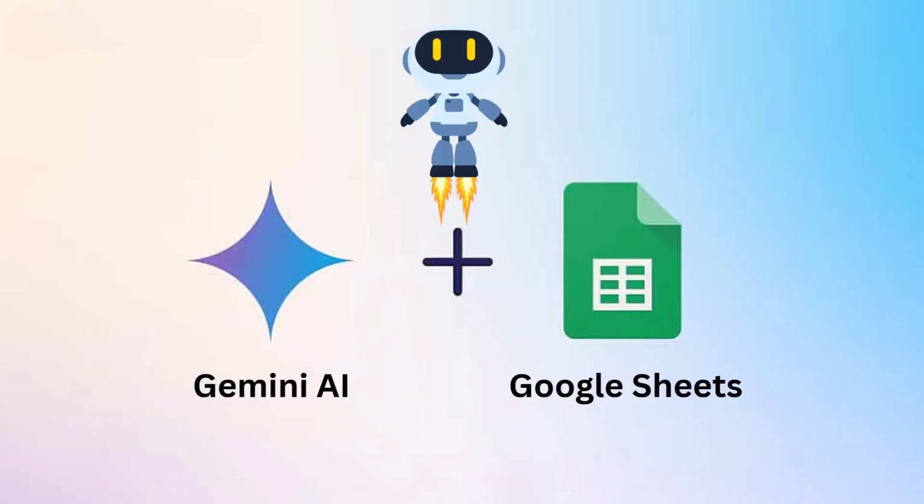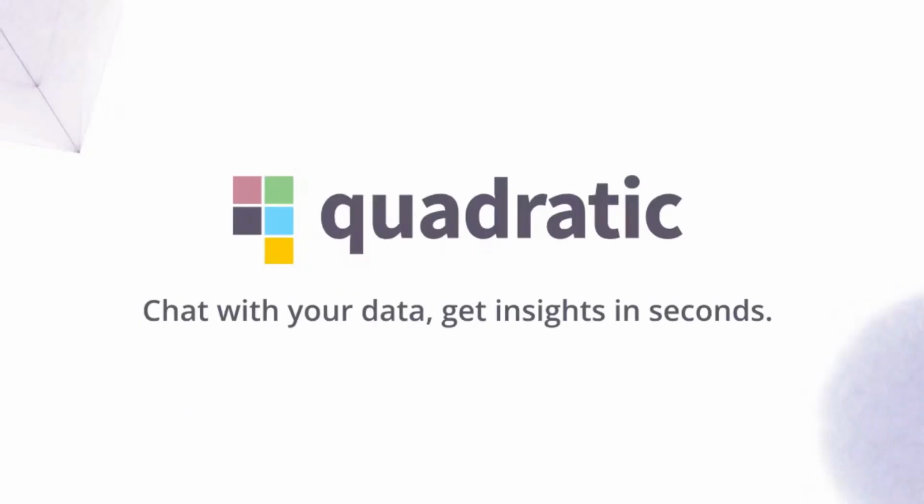Welcome. In this session, we will be looking at two different AI tools which can be used for data analysis. One is a combination of Gemini AI when used inside Google Sheets. The second is called Quadratic AI. Both these AI tools are sheet based, or Excel sheet based,